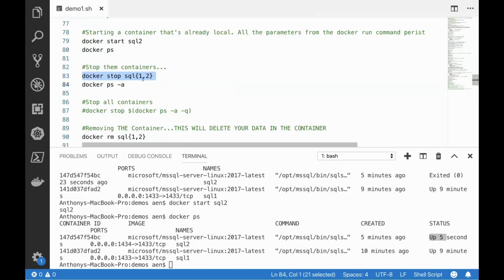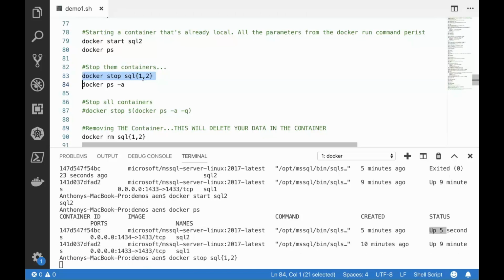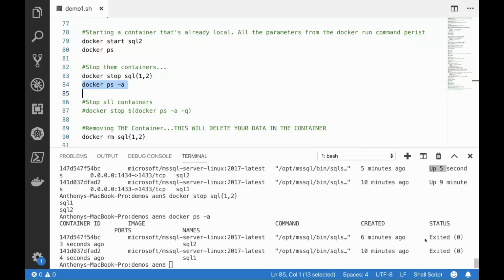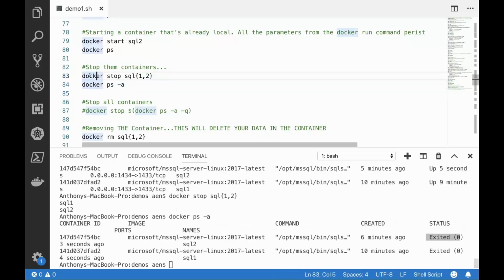And so actually the shell will break these out into two separate commands and shut both of those down for me. We'll see Docker SQL 1 and SQL 2 both shut down in sequence. And so those are now both exited 0. So that's not a Docker specific technique, but just a Linux bash shell specific technique. If I wanted to stop everything on my system, I could use that syntax right there. This was looking for anything that began with SQL and ended in 1 or 2.